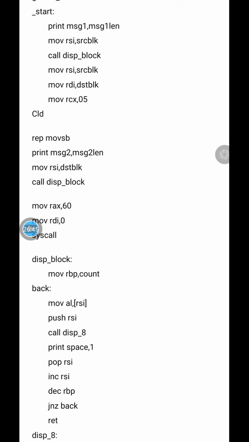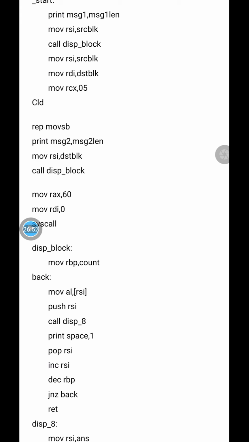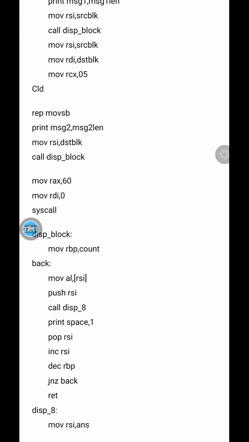That means after every transfer, the pointers will be incremented and the counter will be decremented by 1, and this will go on until the count value becomes 0. That means you don't have to write the instructions move AL comma into bracket RSI, move into bracket RDI comma AL, INC RSI, INC RDI, DEC RCX, JNZ to the loop.